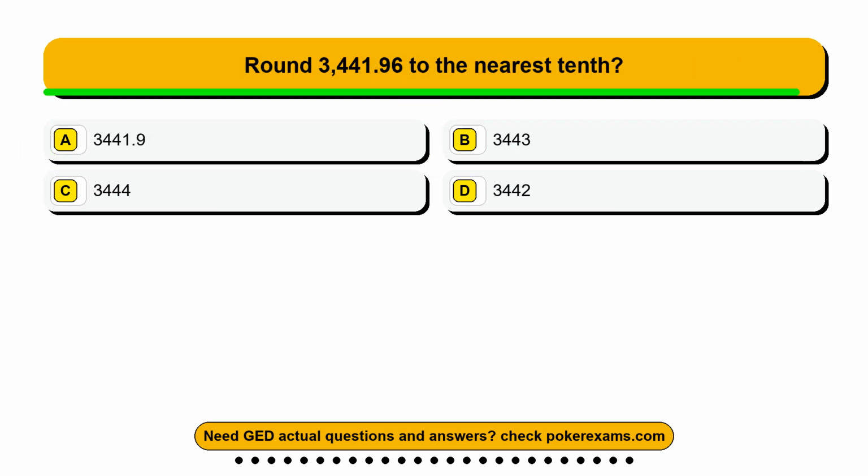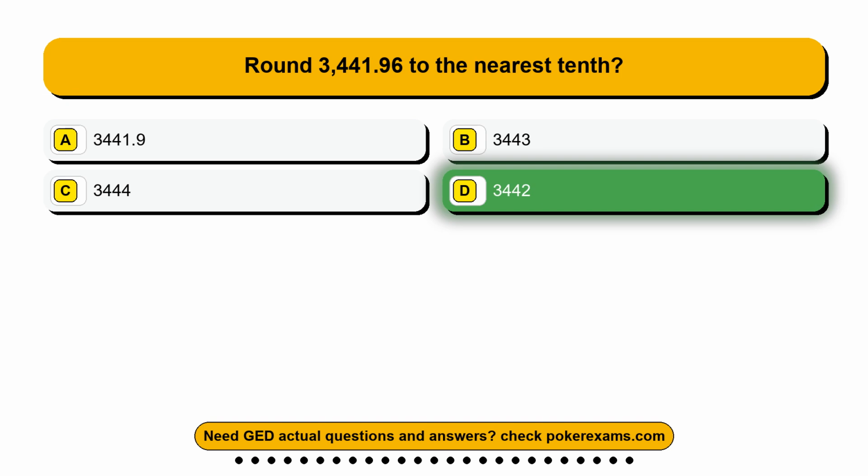Question 18. Round 3,441.96 to the nearest tenth. Option A, 3,441.9. Option B, 3,443. Option C, 3,444. Option D, 3,442. The correct answer is option D,